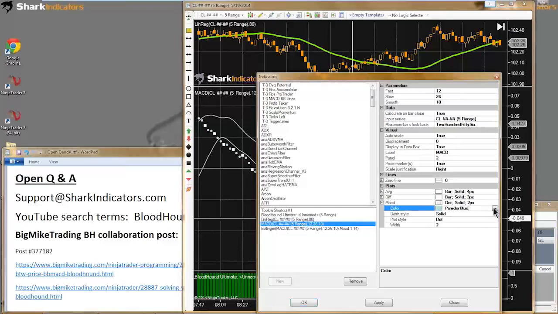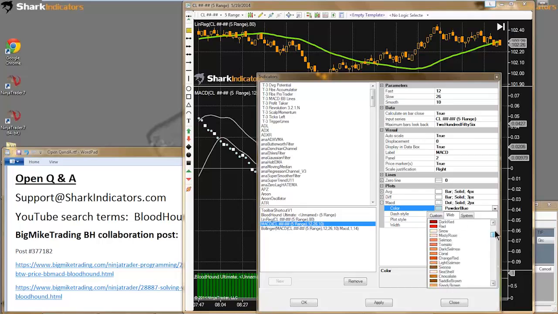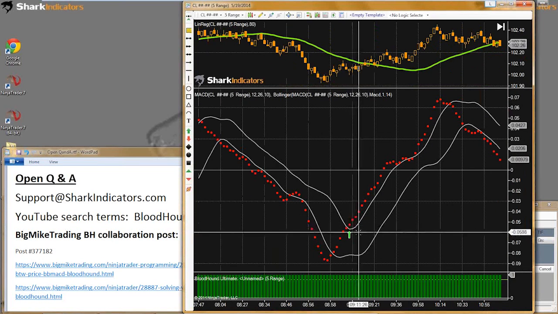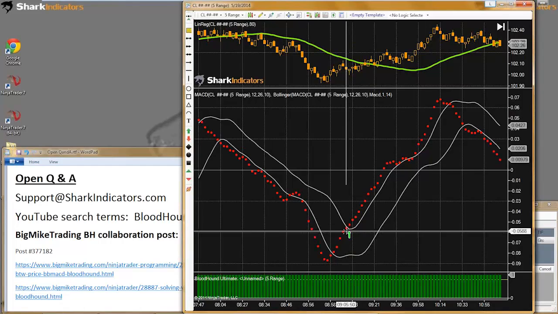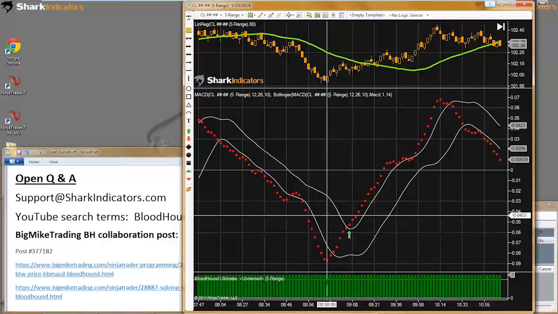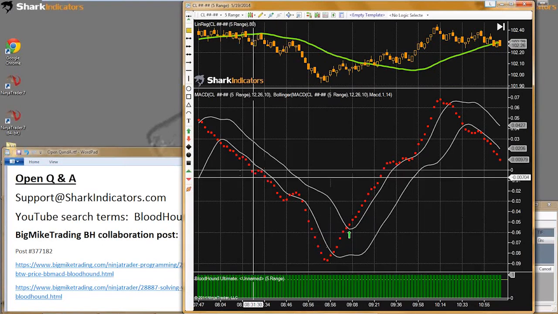I'm going to change the color here just a moment. So when we get the red dots crossing over one of the bands with the crossover solver, you would get just one signal, such as where the arrow would be,